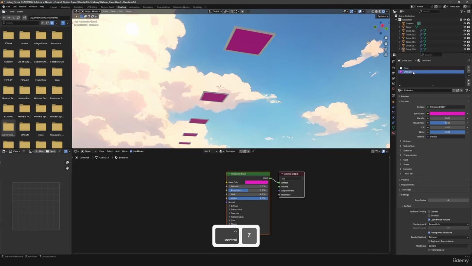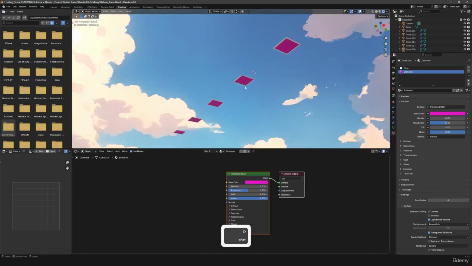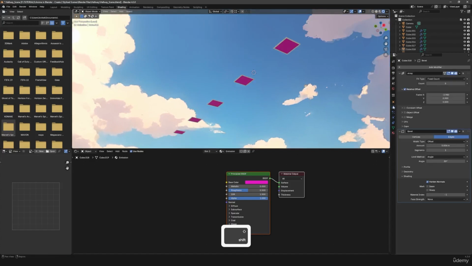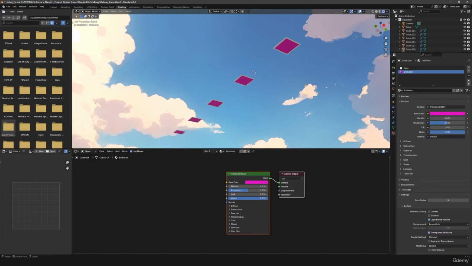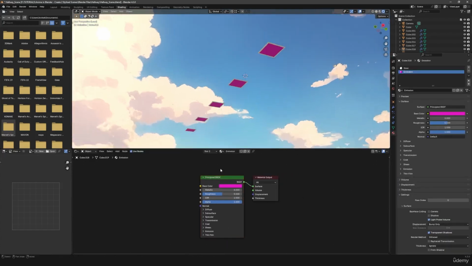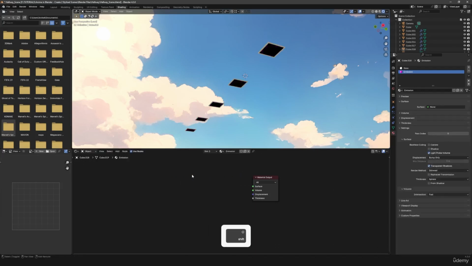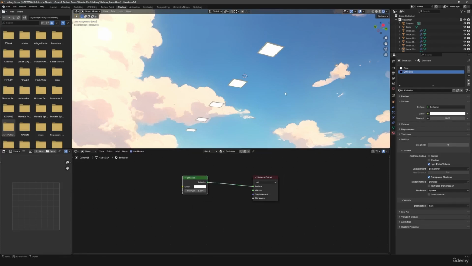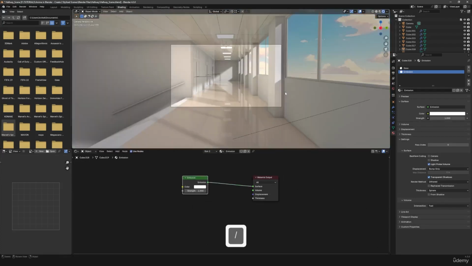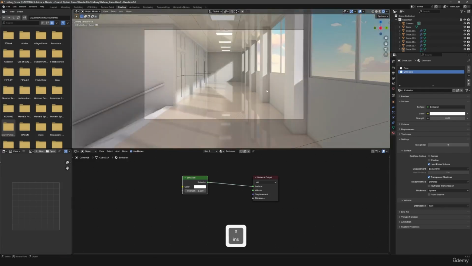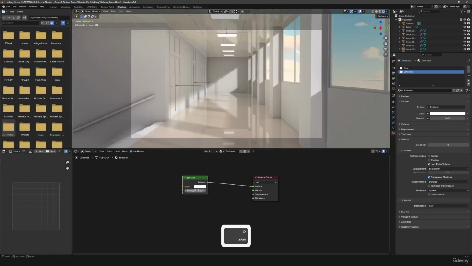So now we can select the emission. The rest of them already got the same material because we are using the array modifier. So yeah, now for the emission material, it's pretty simple. Let's just select the Principled BSDF and delete it. Press Shift A and add in an emission shader. Now plug this in. If you go back to your render, you won't see the changes right away because it is set to 1. But if you increase the power for this to, let's say, something like 5,